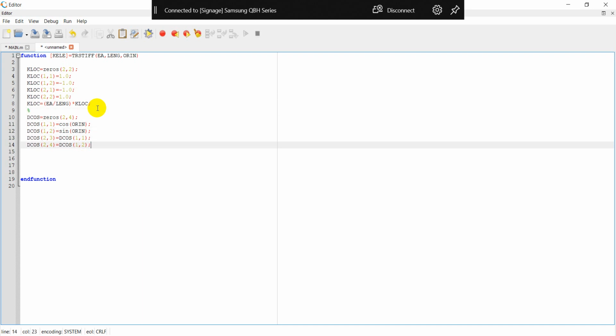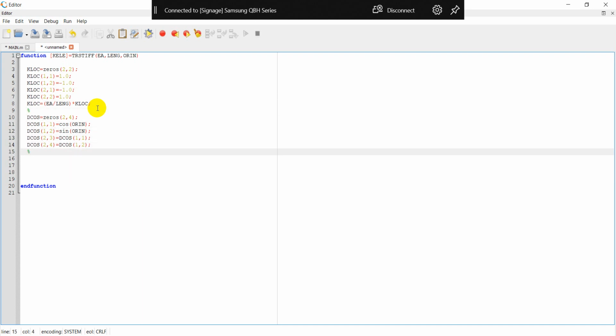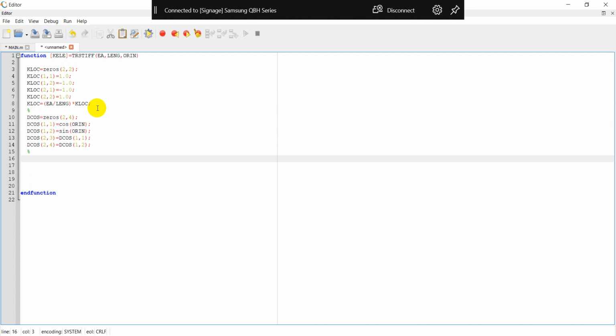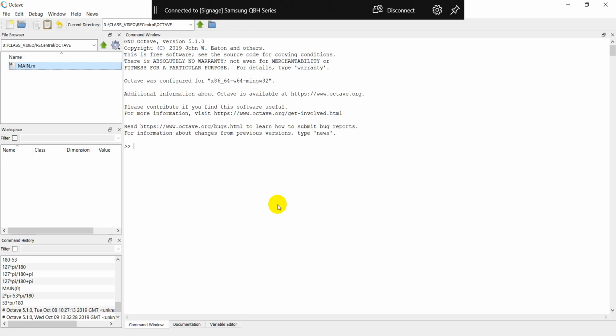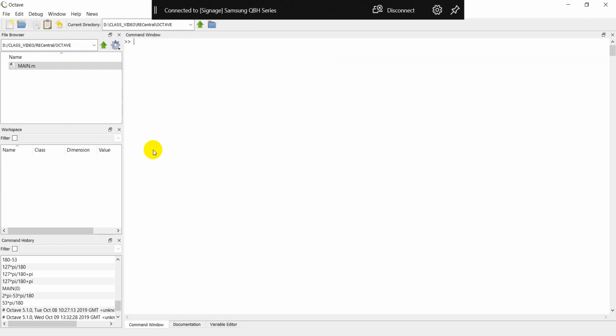And that's the reason why I do it this way. Next, we need the KELE. Alright, the KELE is simply equal to the DCOS prime, which is the transpose. If you are not sure, come back here and then assign some